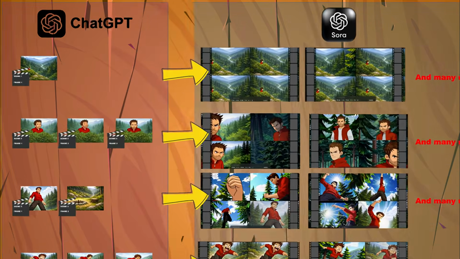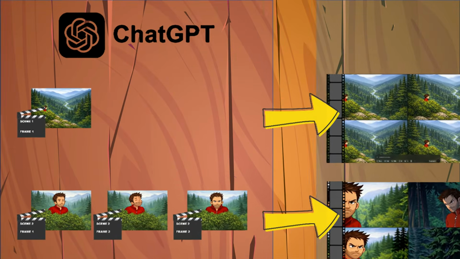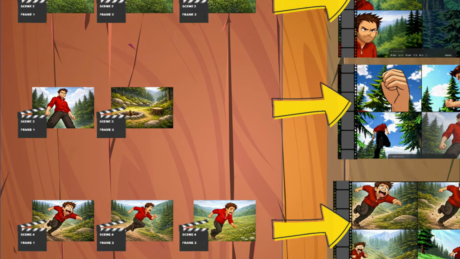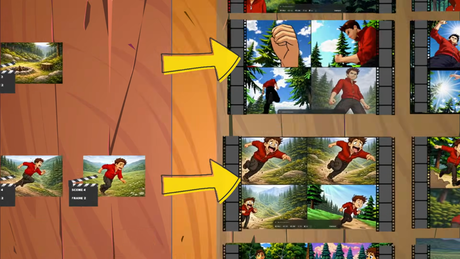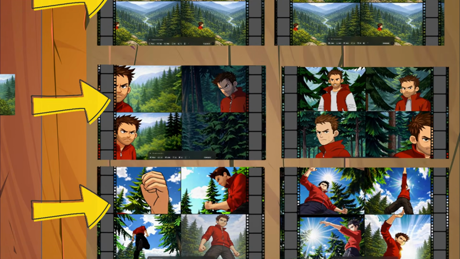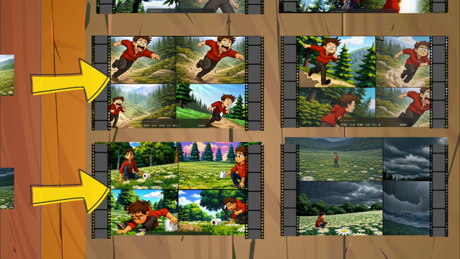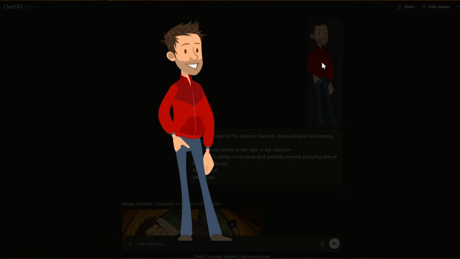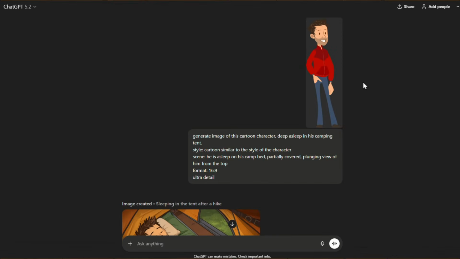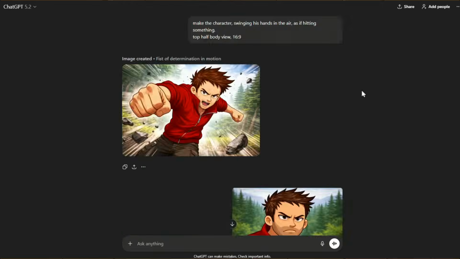So, what is the workflow? You will mainly need two tools that you'll work with a lot. ChatGPT to generate the first frames of each scene, and Sora to generate as many clips as possible using that first frame. And the cool thing about GPT, especially the latest version, is that it will keep a great consistency